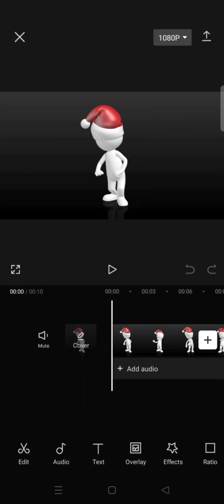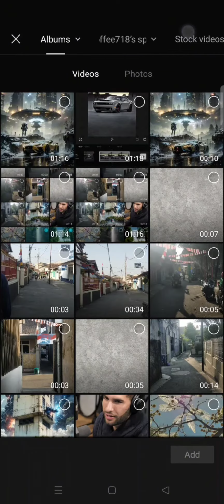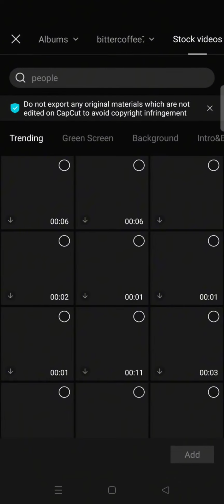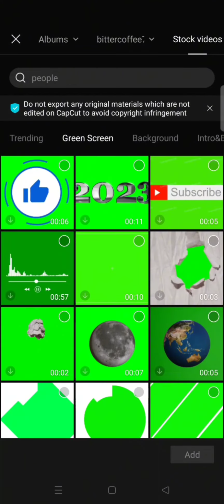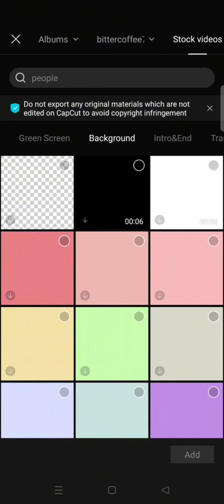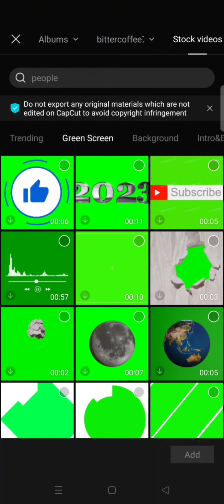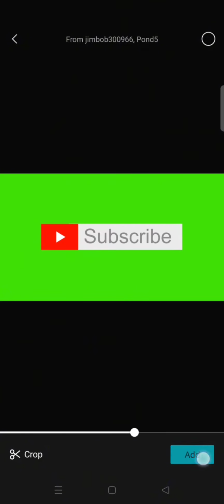So what you need to do is just go to the overlay button, add overlay, then go to the stock videos in CapCut. Here choose the green screen and you'll easily find the subscribe button to use on your video. So just click on that. Okay, this one, click on add,